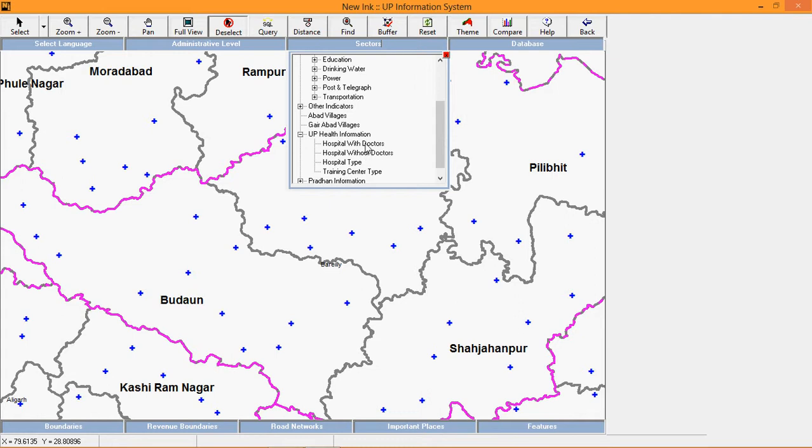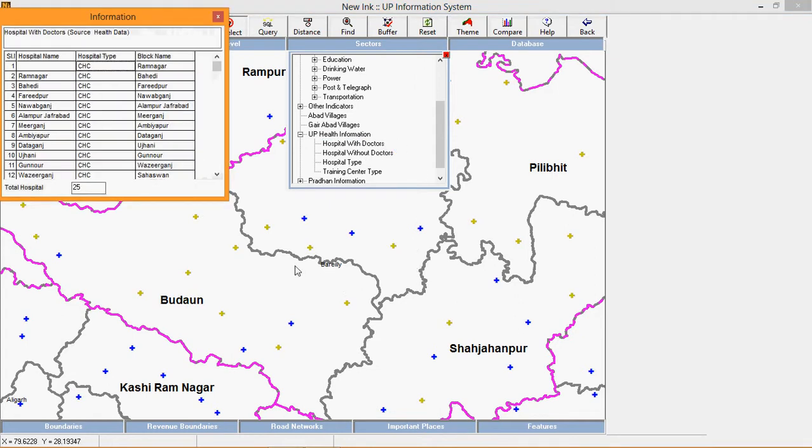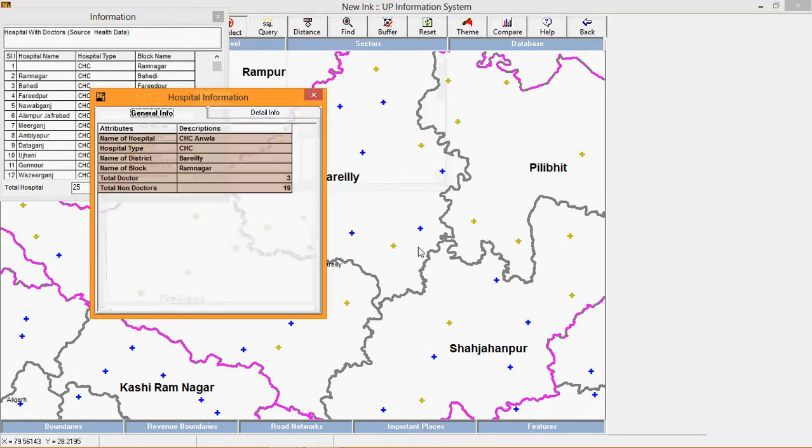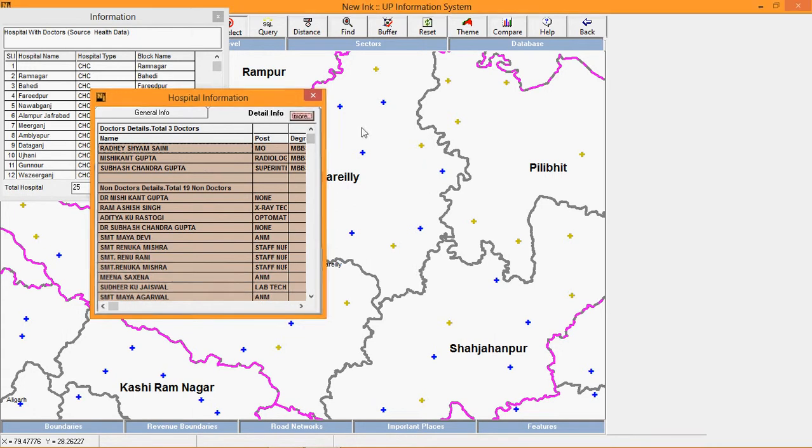Now, hospital with doctors, these are the hospitals which have been selected and shown in yellow. Let's choose one hospital and see what data we have been providing. It is about CHC Amala, in Bareilly, and the name of the block is Ramnagar. The detailed info would be like,